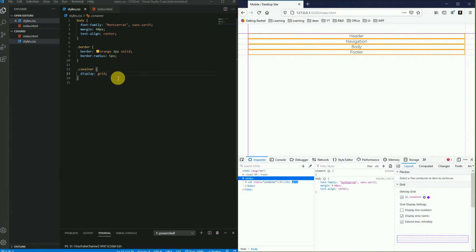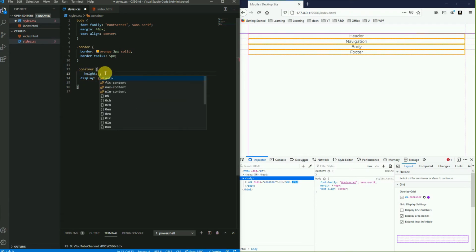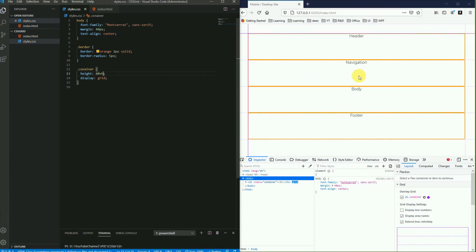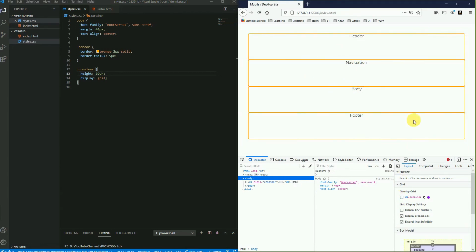So you can see here we have header, body, footer, but still it is not appearing as we have seen, or actually as per our requirement. So I'm going to increase the height of the container. Basically height should be 80% of the viewport height. I'm saying this. So you can see here it is now consuming the 80% height, but still it is not appearing as we have shown in our requirement.